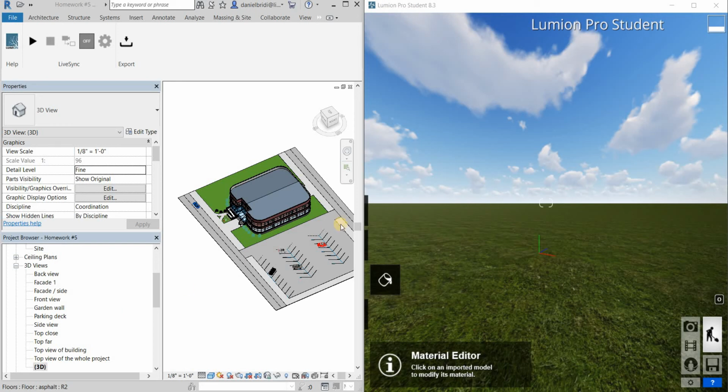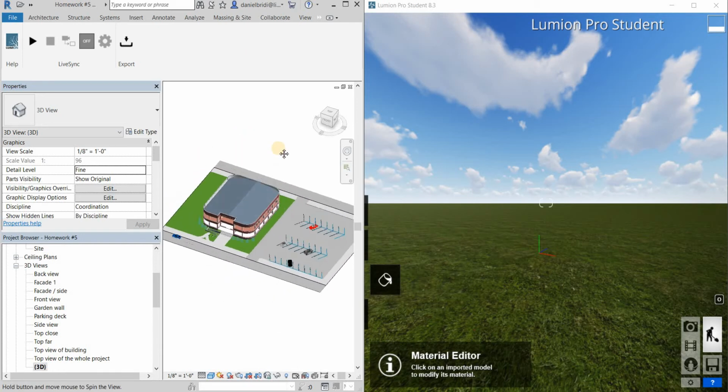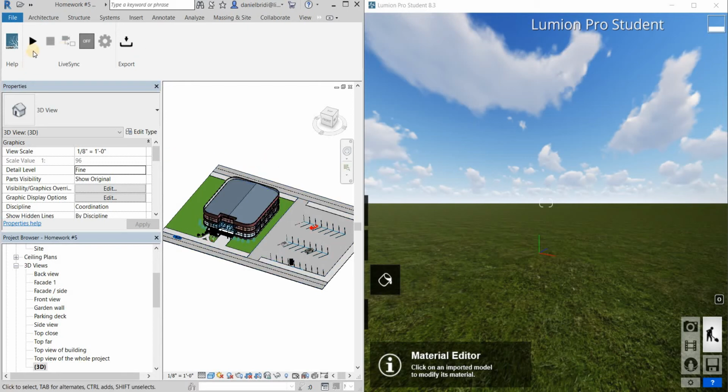Okay, so if you're using Lumion, these are the steps you're gonna need to take. I separated my screen in two parts, one for Revit and one for Lumion. If you're using Lumion 8.3, you would have the live sync option, which I would recommend you to use, like I explained in class. Or if you have the 8.0 or 7.0 Lumion version, you can just open